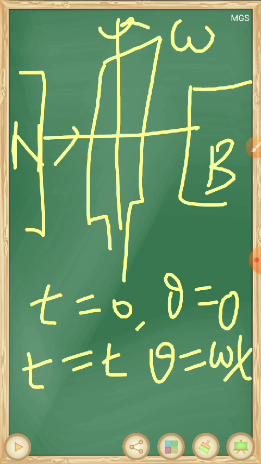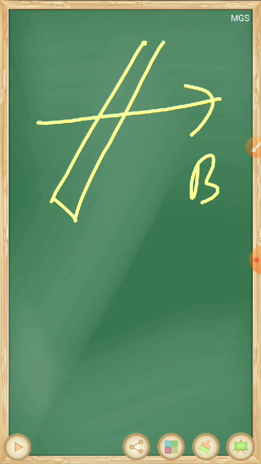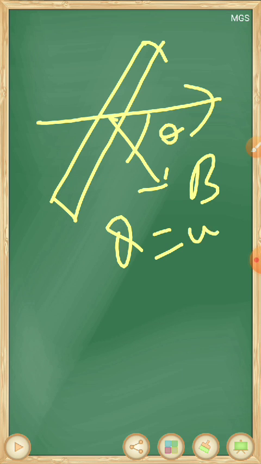Now as the coil gets rotated through an angle theta, the normal to the plane of the coil also gets rotated through an angle theta. So the angle between the normal to the plane of the coil and the magnetic field will now be theta, and it is equal to omega t. So suppose this is your magnetic field and this is the coil, so the normal to the plane of the coil makes an angle theta, where theta is equal to omega t.